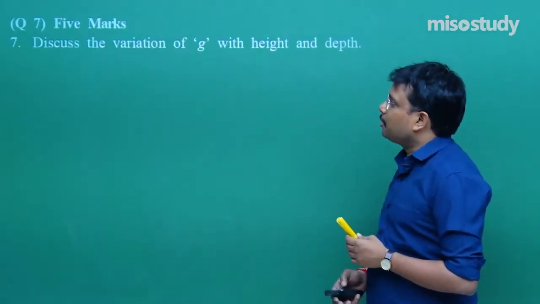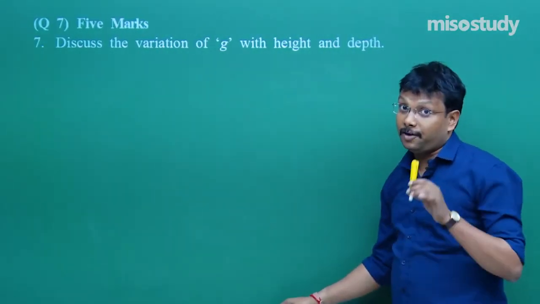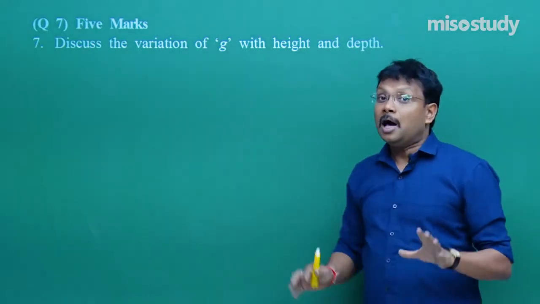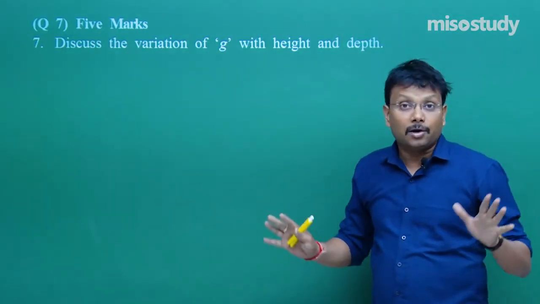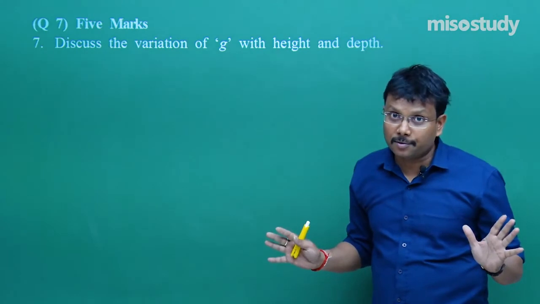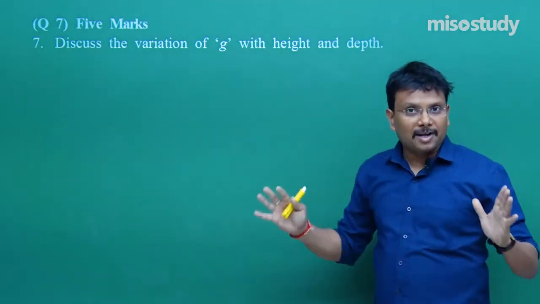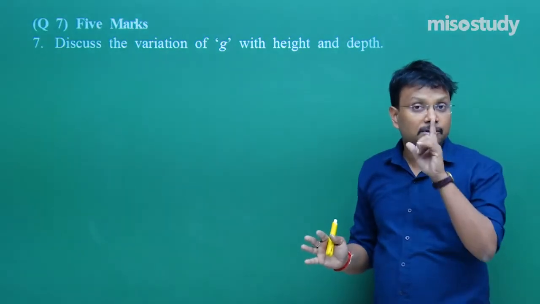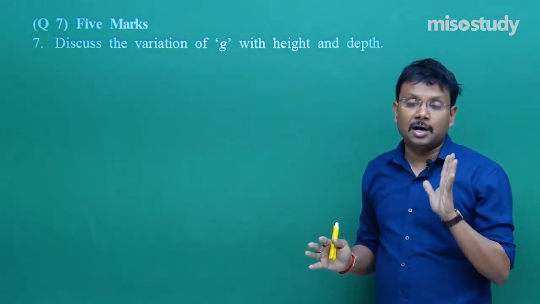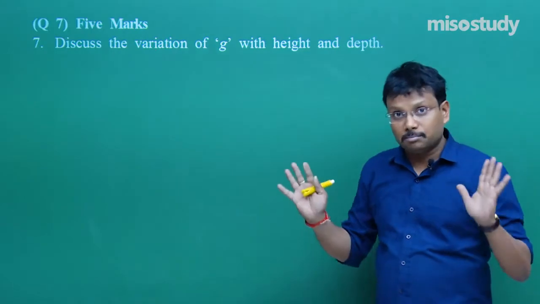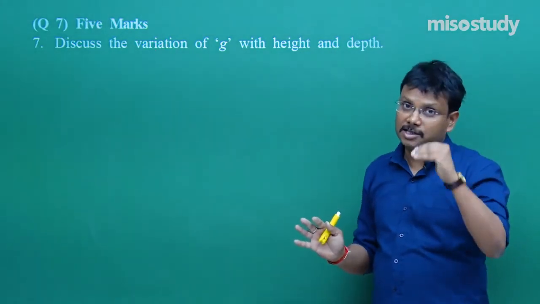Then comes question number 7. It is for 5 marks. Now, this question really demands around 12 to 15 minutes. If a diagram is required, please provide. If some proper explanation is required, please provide. Check the merit, demerit of the question. If calculation is a must, provide each and every step of the calculation.